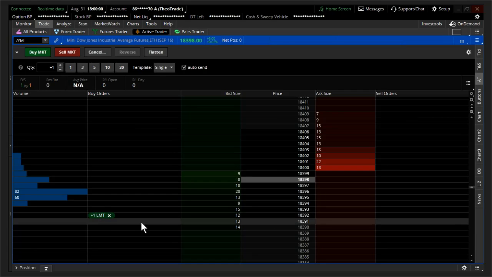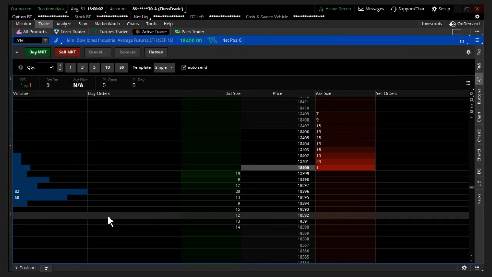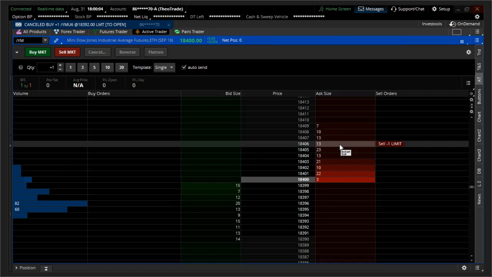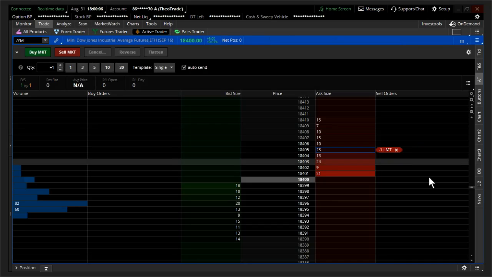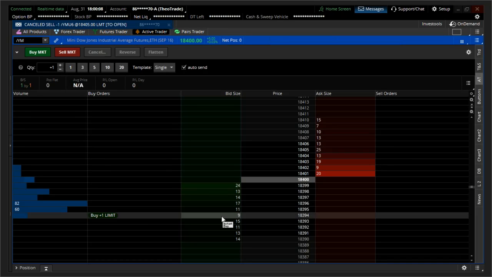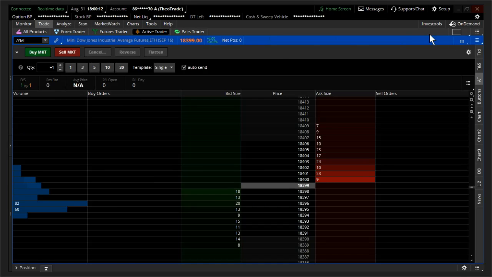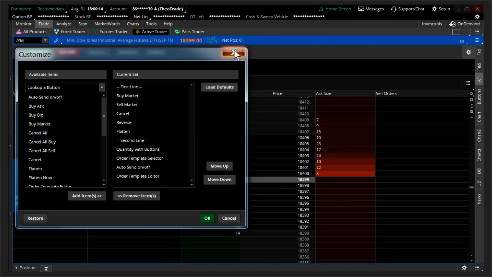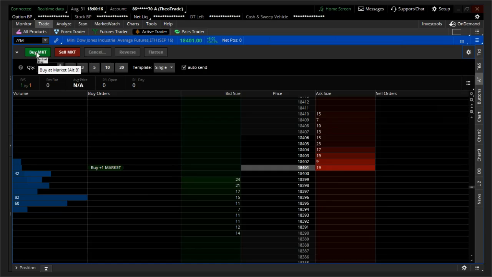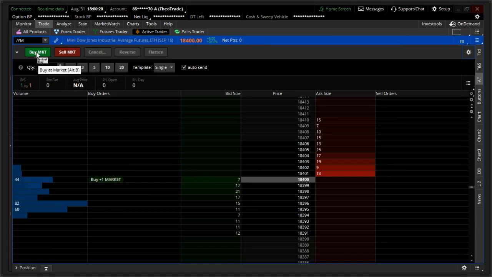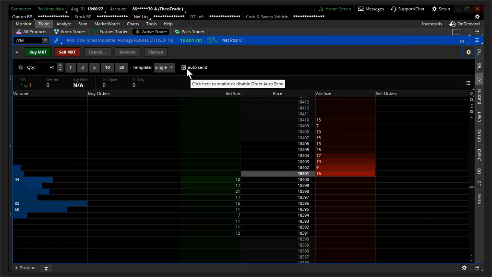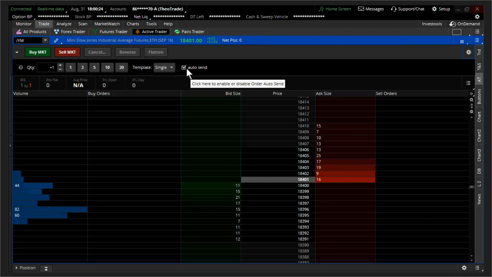The market moves down to me, okay? I'm an owner of that. On the flip side, I can actually sell the limit. All right, I could sell one up here, I could buy one down there. You could also create all these different buttons by customizing it. If I accidentally click right now, buy the market, I will own a futures contract. So I warn you, when you check off auto send over here,